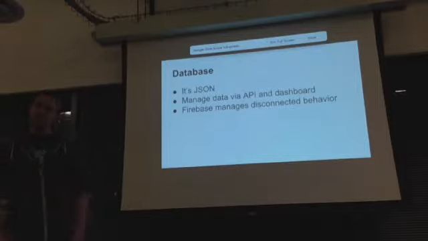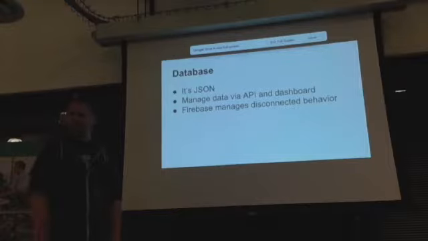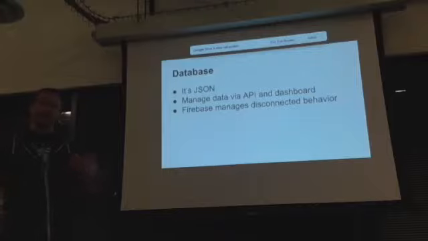So it's a similar concept. It's basically one big JSON tree that you can manipulate through the API. We'll get to a code sample in a second. And then there's also a dashboard that allows you to do various admin types of tasks, but one of those tasks is you can go ahead and view that large JSON tree if you want to just see what it looks like.